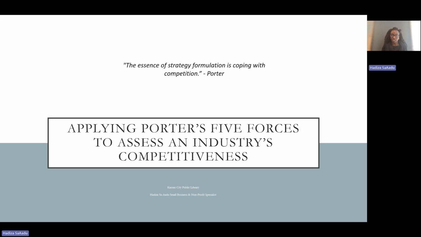And another critique that I'm just going to name here is that the framework sometimes fails to consider the impact of globalization. And we can think of this as, when was this framework first established? That could be a reason. But again, this is often due to its application being used in a more rigid context.